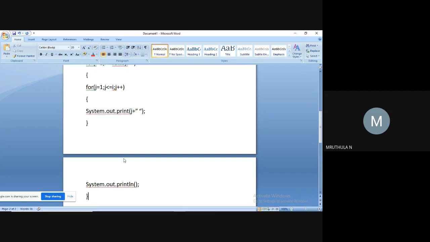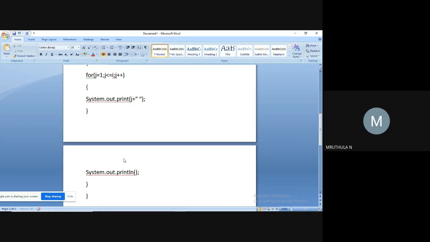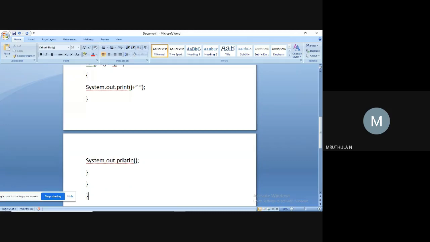After closing the for loop of variable i, we close our main function, then our class.